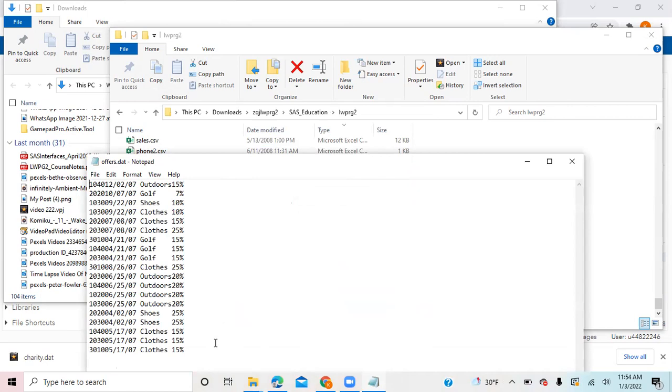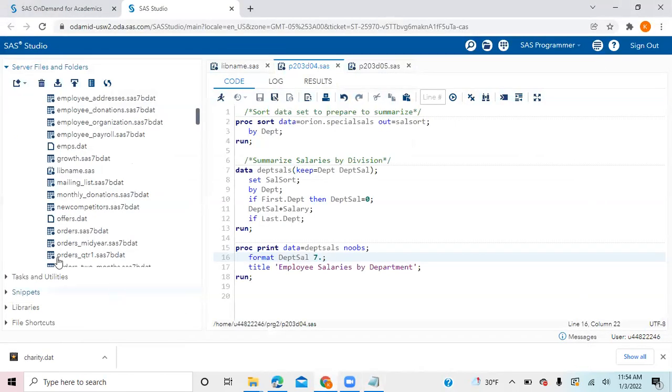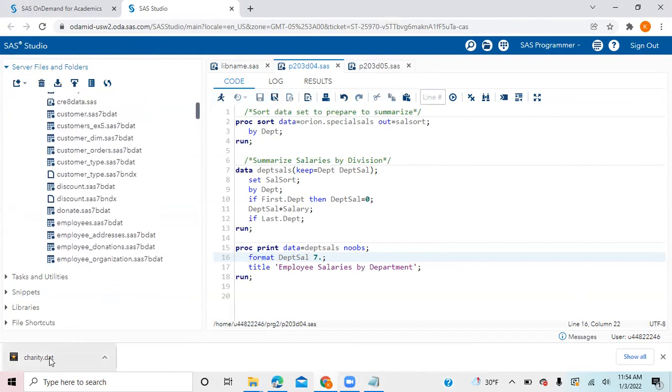But in studio, it will not support opening in this form. That's why when you clicked that file in studio, it downloaded it. Remember, go to your studio. See here, charity dot, above here, this Windows one. It got downloaded because you double clicked in SAS Studio. SAS Studio does not support opening a file in this form, so we have to give a path.